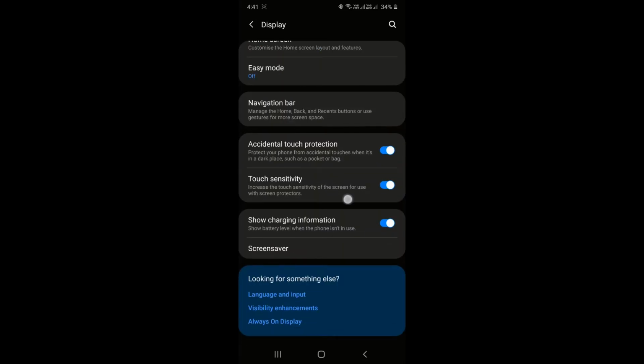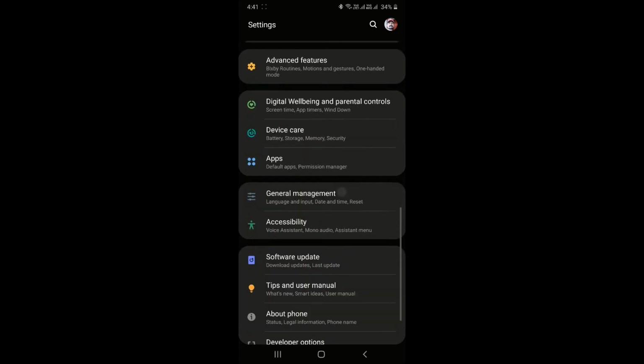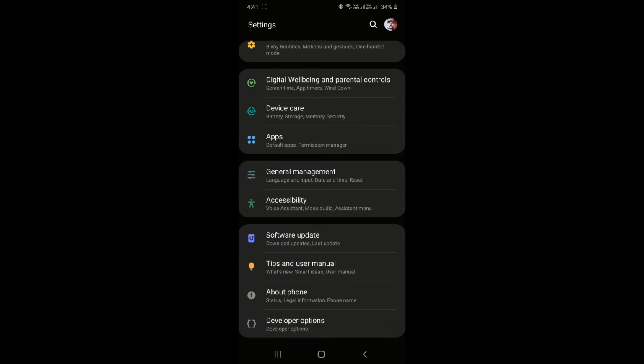What you do is go back and scroll down until you see the developer options. Friends, developer options is a hidden feature, a hidden button which is not visible directly on your Android phones. I have given a link on how to enable the developer mode on your phone right below in the description. Watch that video, and you will know how to enable the developer options on your phone.